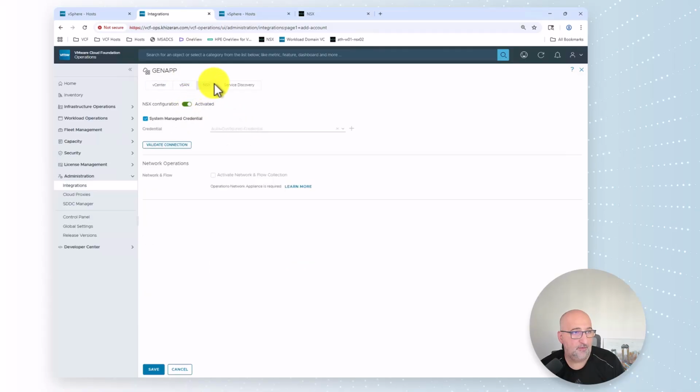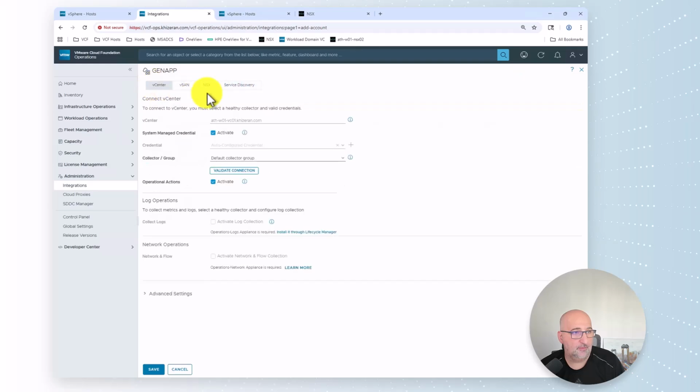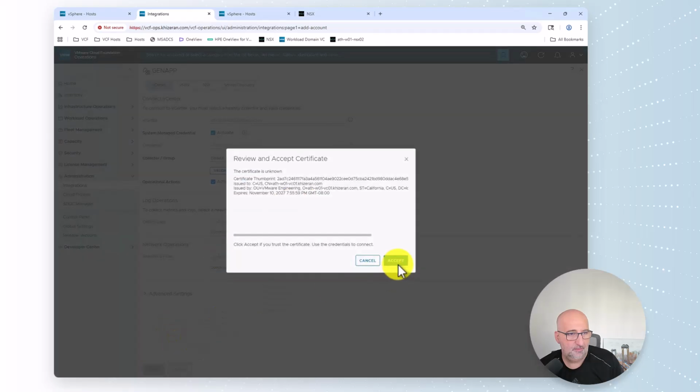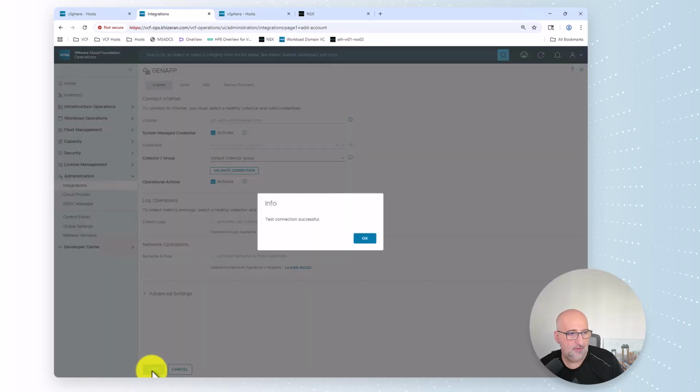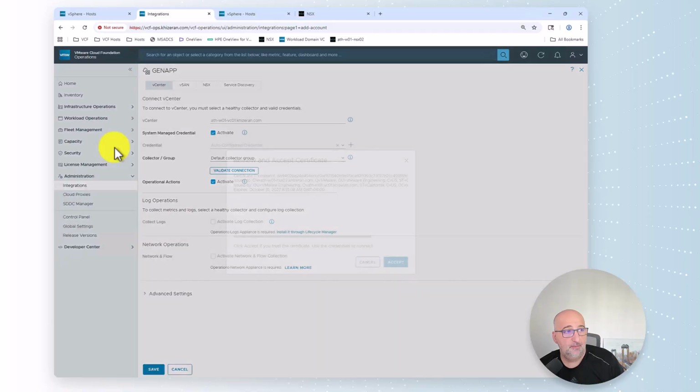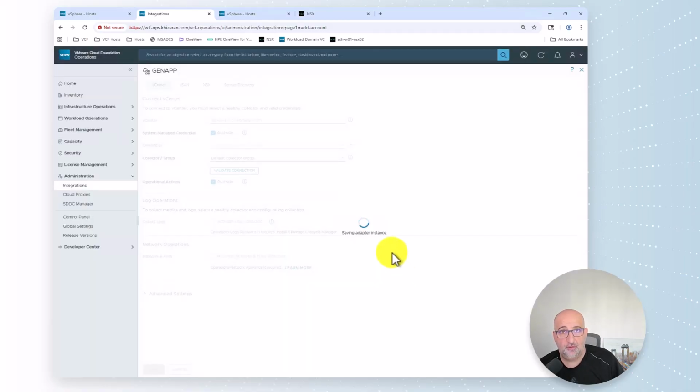Okay, vSAN's activated, that's good. NSX, we don't need service discovery right now. So we'll go ahead and let's validate the connection. And it's possible that VCF operations has taken its time to gather, not just sync the inventory, but gather all the object data in. But we'll go ahead and save this. But essentially now we've got a workload domain deployed with an additional vCenter and everything that we can manage and lifecycle all within a single VCF operations